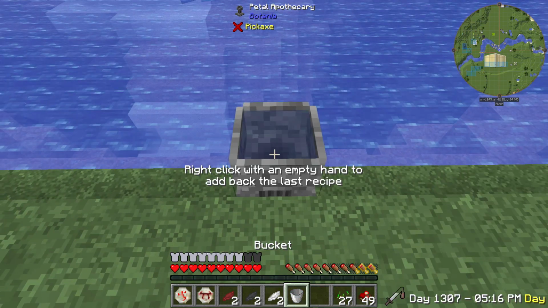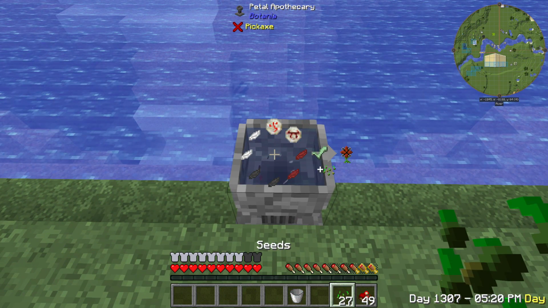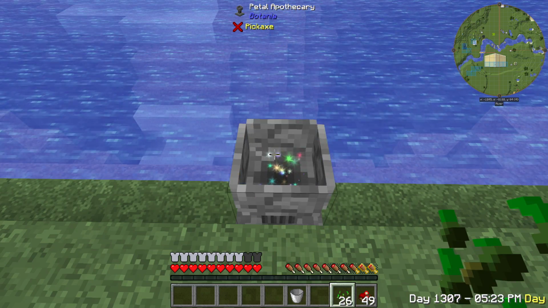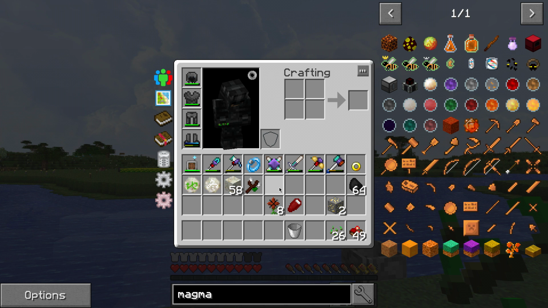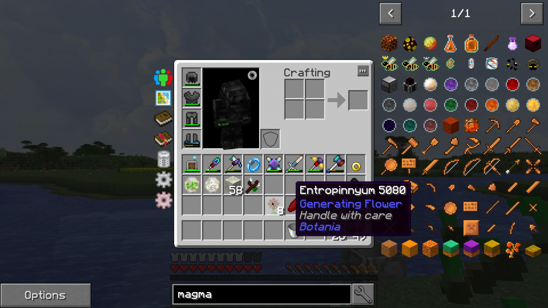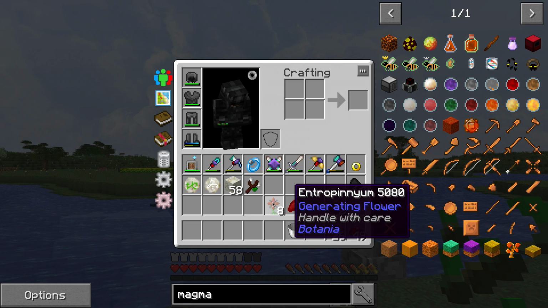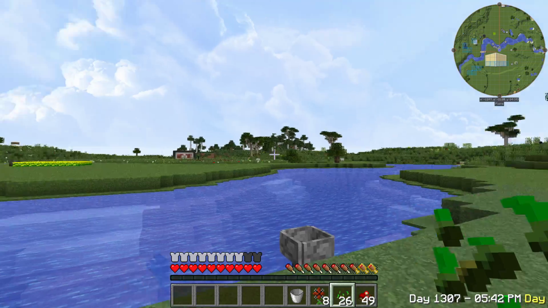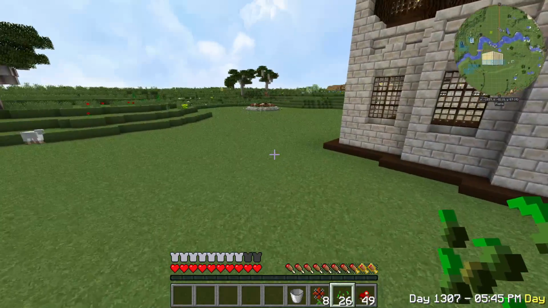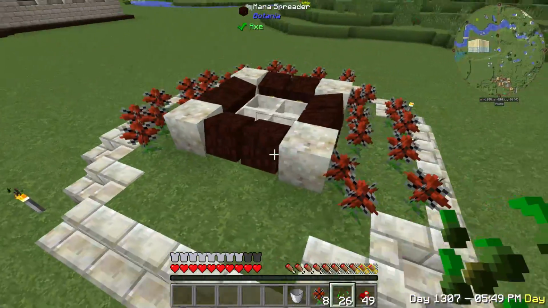And now it's a bit easier because we can right click on there, puts everything in, and we just put one of these in. Now this took a lot longer than I thought it would because I didn't realise that it would actually use the runes. You don't get the runes back like you do with the runic altar. So we've got the last of these entrepreneurs now,